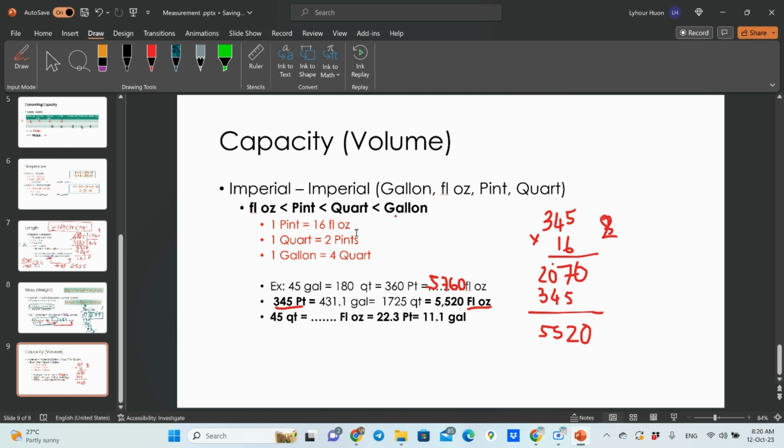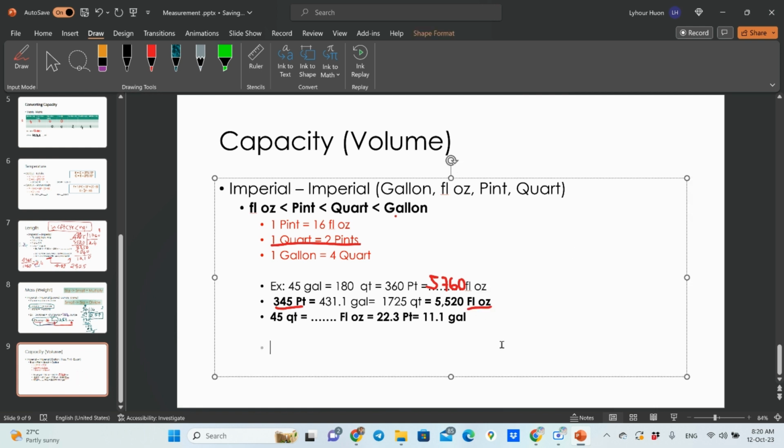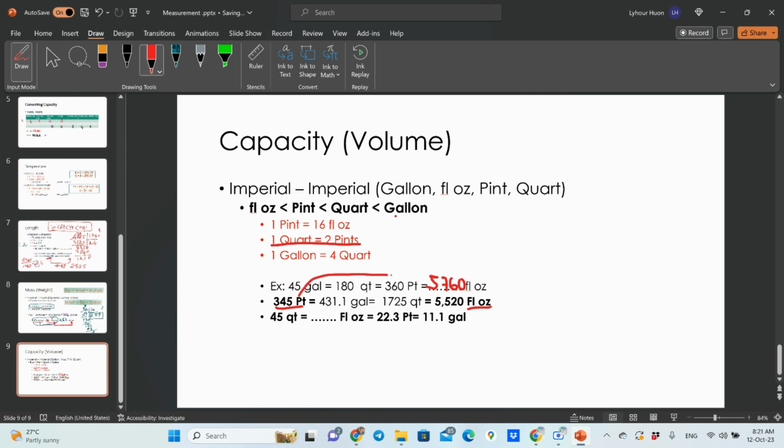Pints, because the reference is only quart to pint. So the relationship is only between quart and pint. So we can convert from pint to quart by